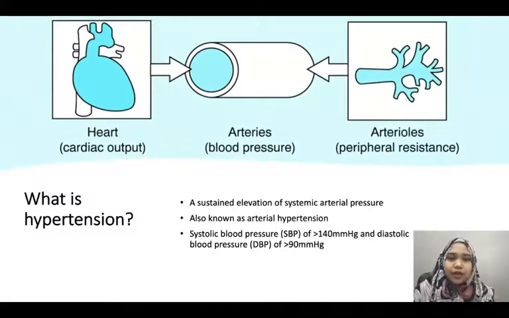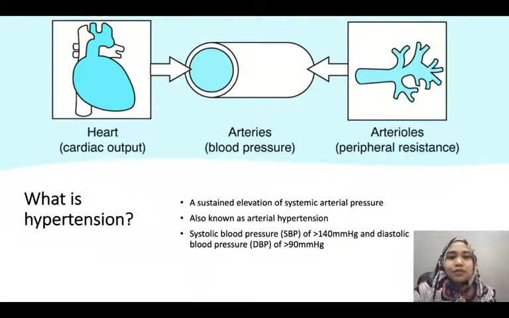Let's now look at the definition of hypertension. What is hypertension? It's a chronic disease due to sustained or constant elevation of systemic arterial pressure, also sometimes known as arterial hypertension. So basically, a person with hypertension will have blood pressure which is higher than the normal range. When do we actually consider a person to be hypertensive? It is when the systolic blood pressure is more than 140 millimeters of mercury and the diastolic blood pressure is more than